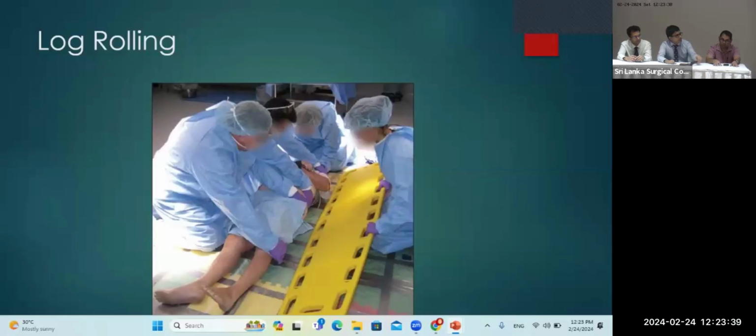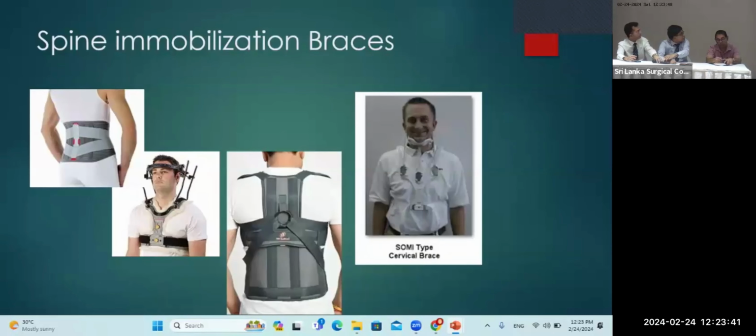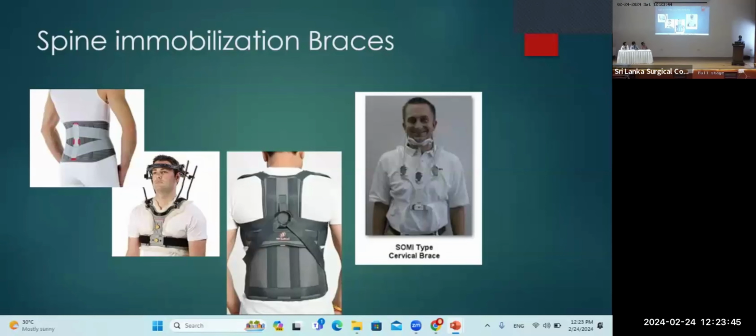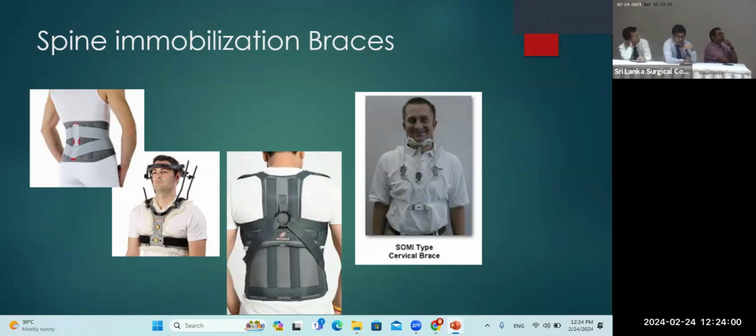Right. So next, let's move on to the next one. These are other types of braces that we can use for various places. Any idea what these are and what each one does, roughly? There are various types of braces, commercially prepared and designed for various purposes. This will be decided by the neurosurgeon attending to the patient, but for you to be familiar with the